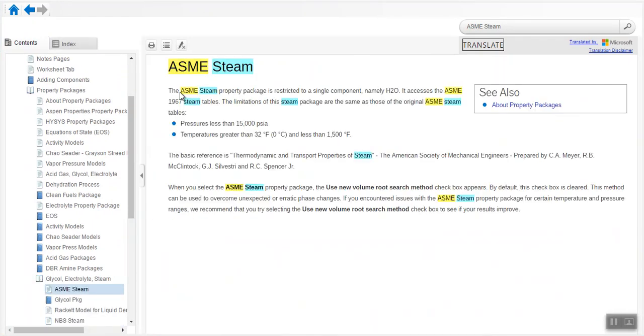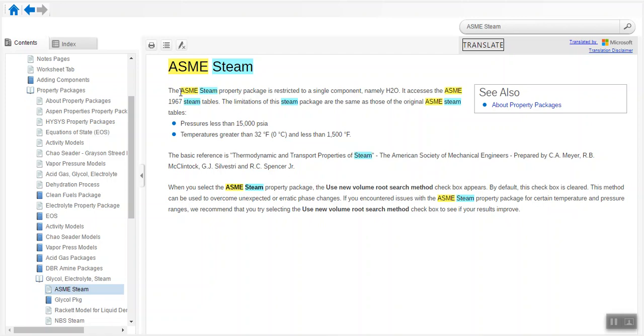Click ASME steam, and this property package, the first one, is restricted to a single component, which is water. If only the component water is involved, then you can select ASME steam or NBS steam. But if more than one component is involved, meaning with water any other component, be it hydrogen, methane, or any other component, then you cannot use ASME steam or NBS steam.